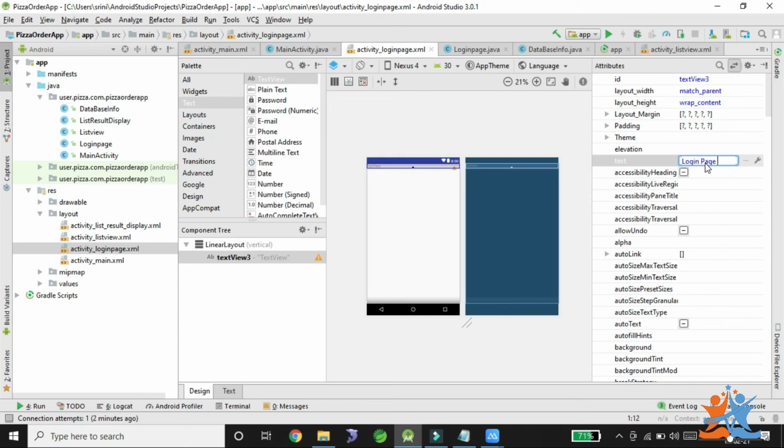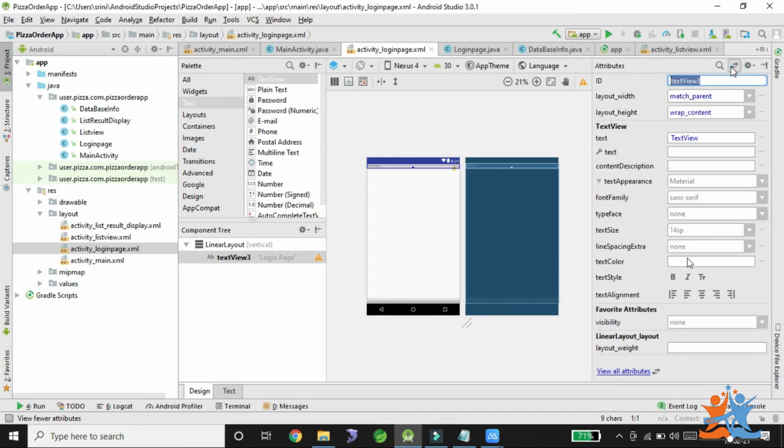We need to set the text size, all those things. For example, this is 42 sp. I want to set it, sorry, 42 sp. We need to set it as the login page exactly. This text should be in the middle, italic, bold. So this is the way we need to set it, and I need to save all these elements.